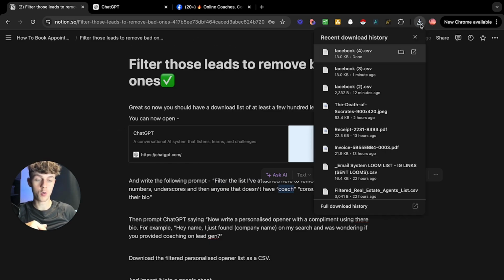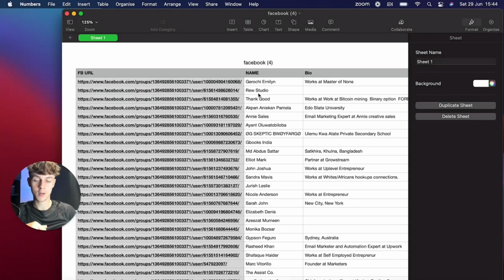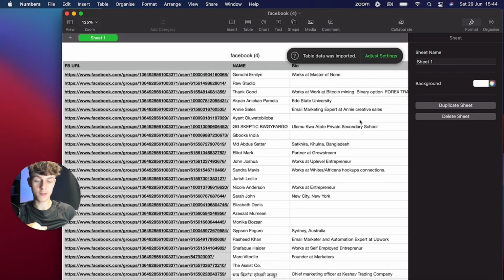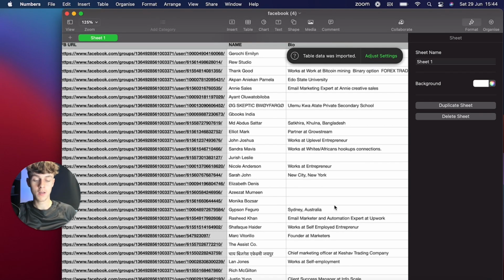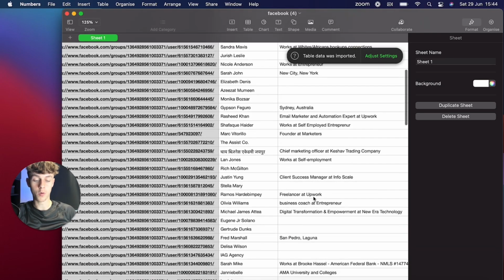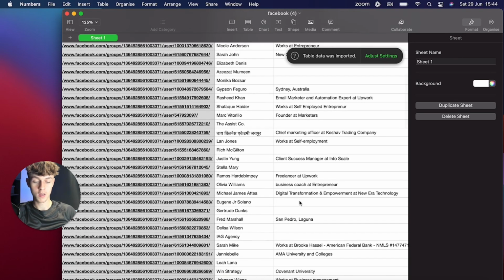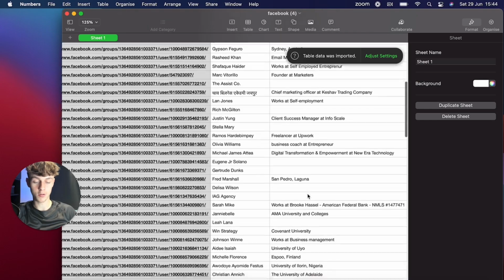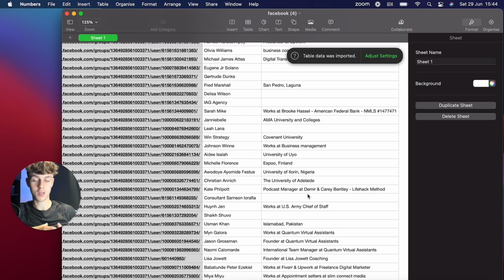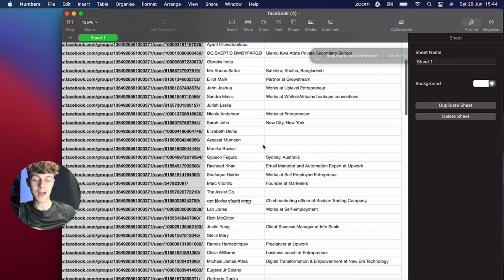So if we actually open this CSV that we downloaded, which is the people inside the group, you can see that we only want to message people with the actual bio of who we want. So for example, business coach here, maybe this person, transformation. So we want to tell ChatGPT to remove the leads that don't have coach, consultant, or whoever you want to target